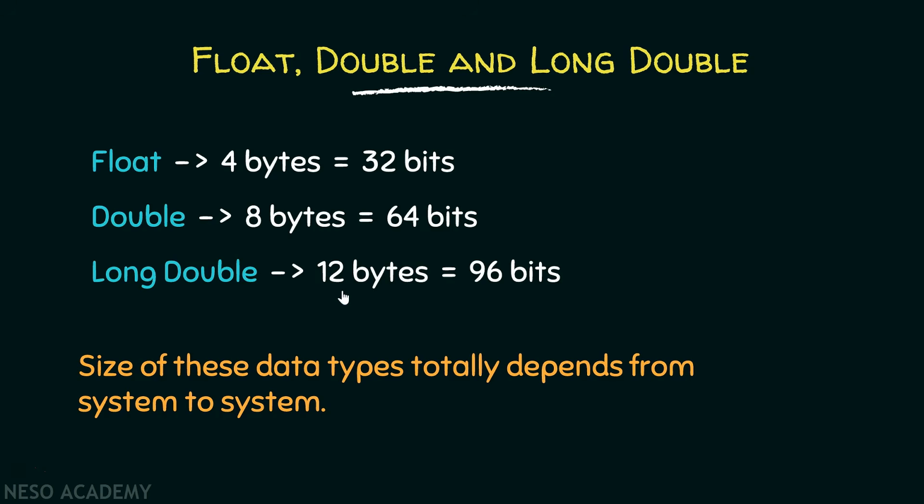These different data types are of different sizes as well. In my system, float takes 4 bytes of space, double takes 8 bytes of memory space, and long double takes 12 bytes of memory space. Size of these data types totally depend on the system that we are working on. For example, it is possible that size of these data types are same in your PC, or maybe any two of them are same, or maybe all of them are different as in my computer.